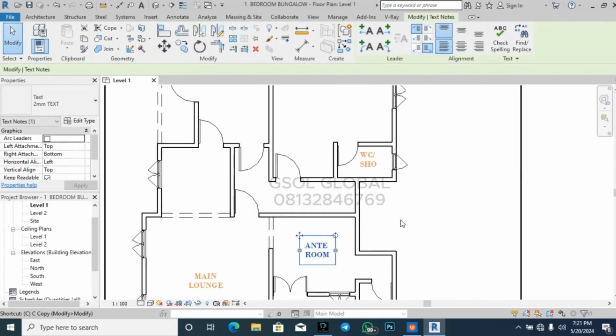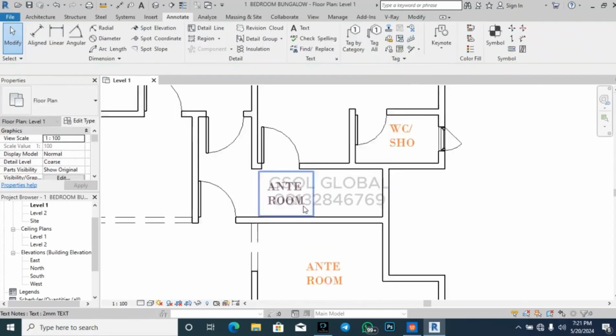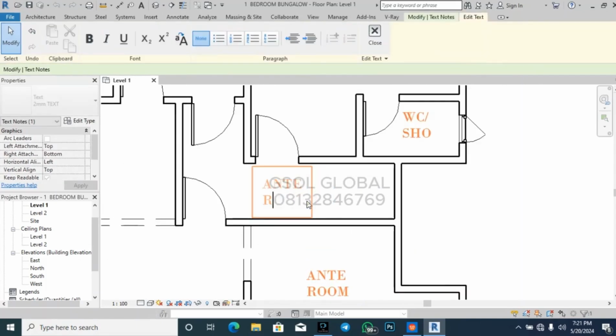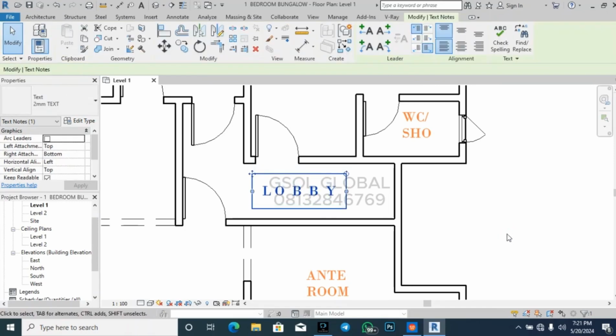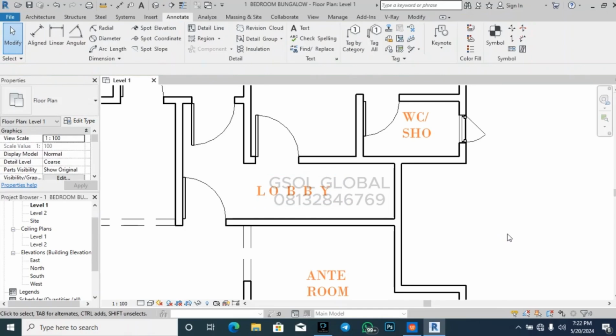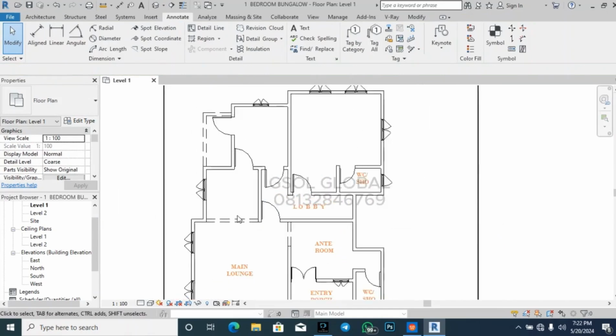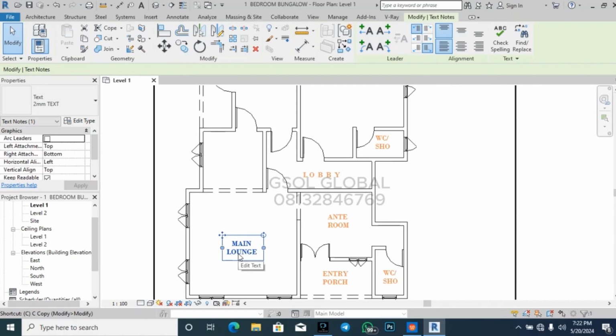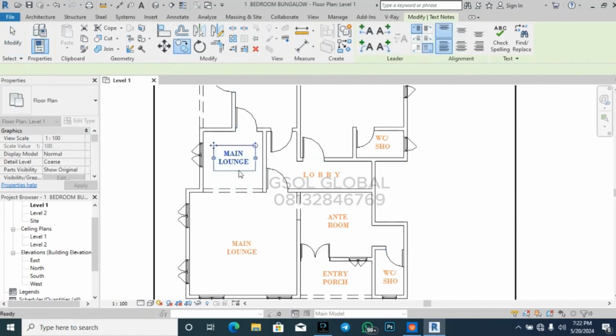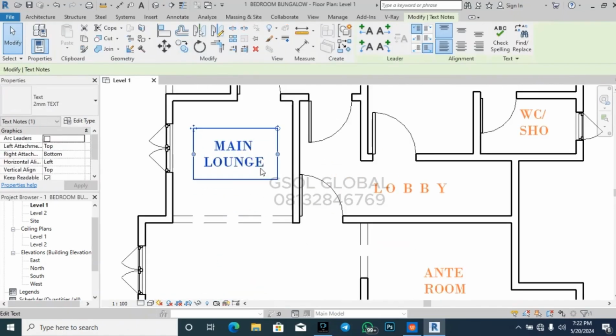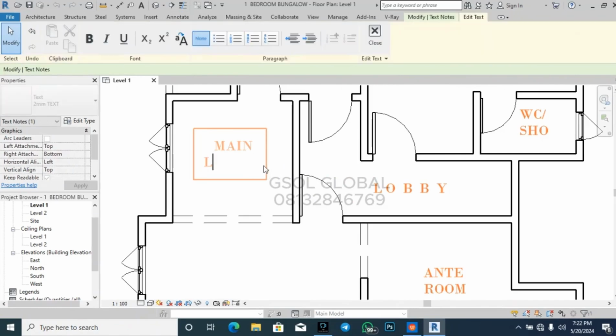let's copy this and put it in the lobby and then edit it so that we'll put our lobby there. Lobby, okay, lobby. All right, so move it and then move it aside and then let's go ahead to the dining, copy and then paste here and then we're going to be using the dining, right? So dining,